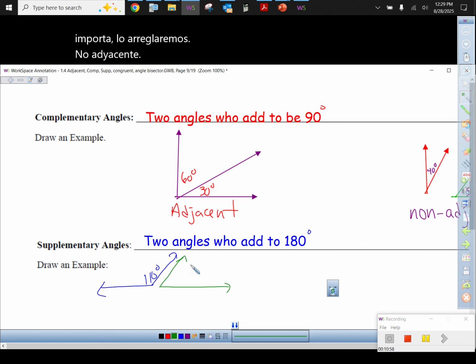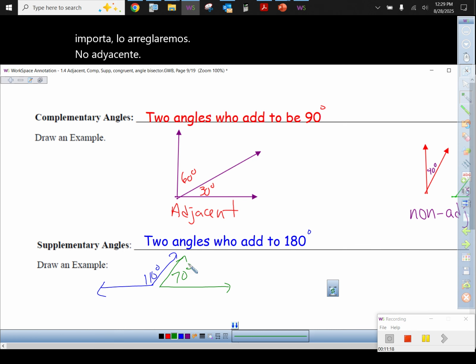You know what I mean? But it's just like I chose 110. Who's my other number got to be? Let me word that better. Who's the supplement to 110? 70 degrees. What if you can't do it mentally? What would you do in the calculator? 180 minus. What do you think? And now,